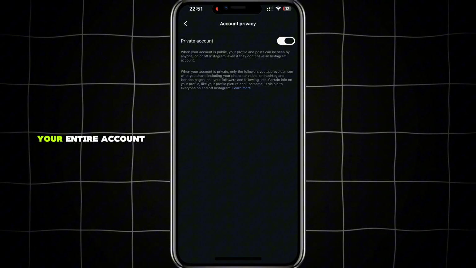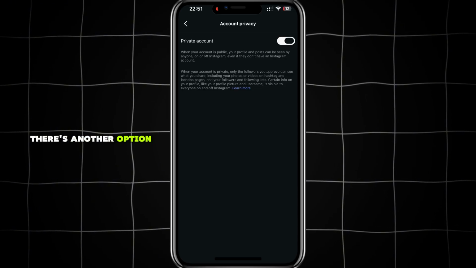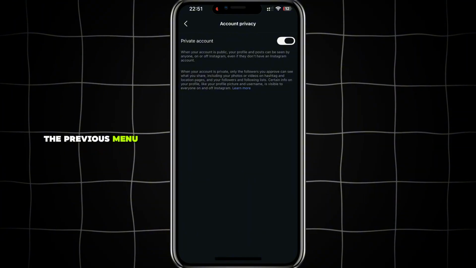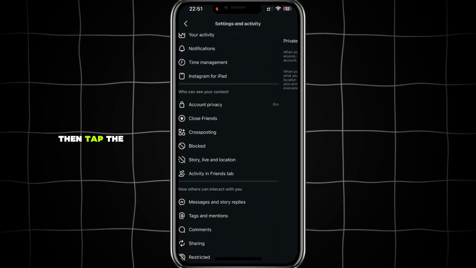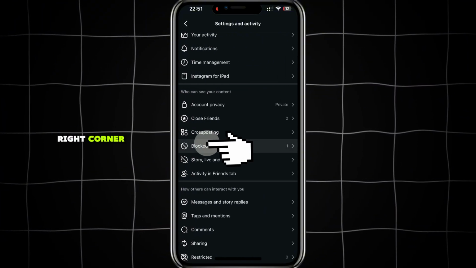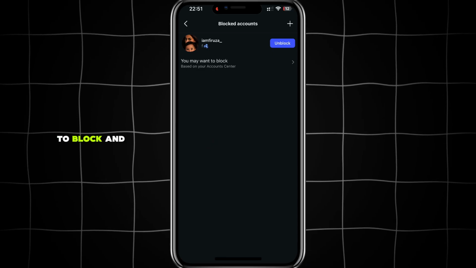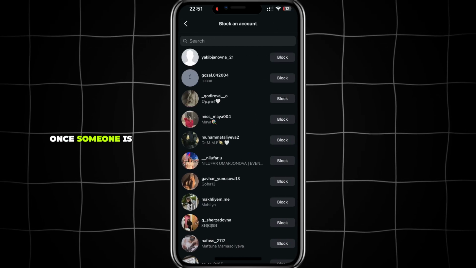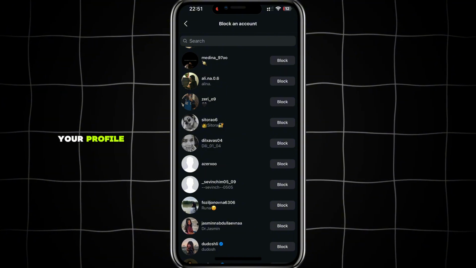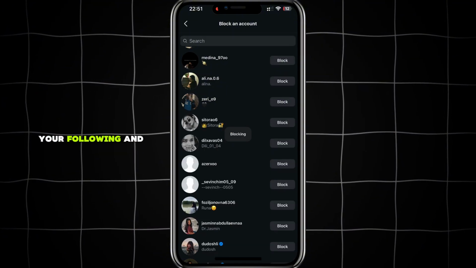If you don't want to make your entire account private, there's another option. Go back to the previous menu and tap Blocked. Then tap the plus icon in the top right corner, search for the person you want to block, and tap Block. Once someone is blocked, they won't be able to view your profile, your content, or your following and followers